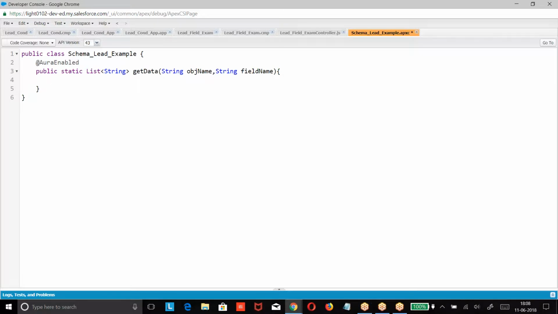So what is the program we have to write? Schema programming. In the schema programming, what was that? Get global describe. What will this do? Map of string comma schema dot sobject type.